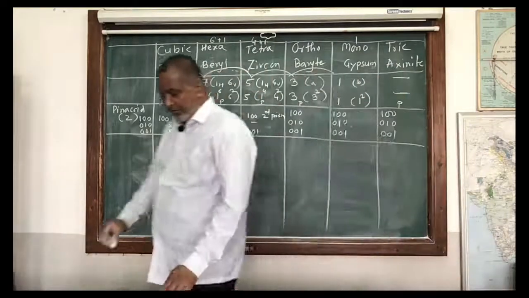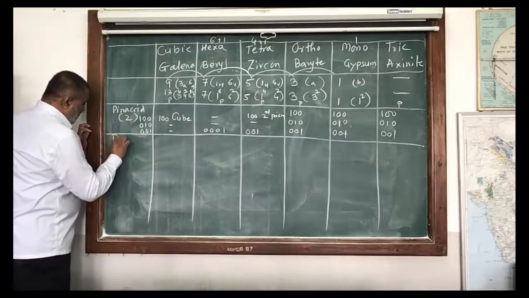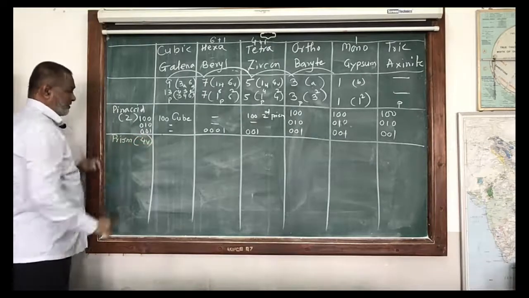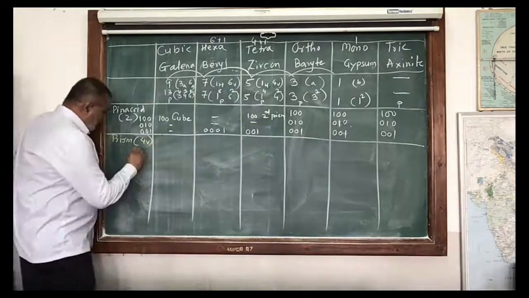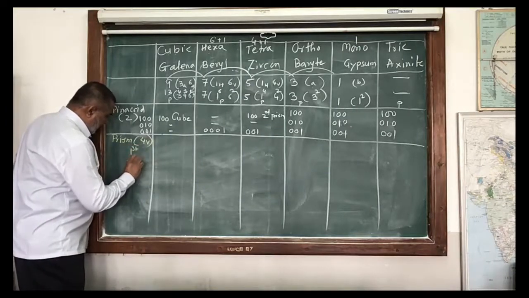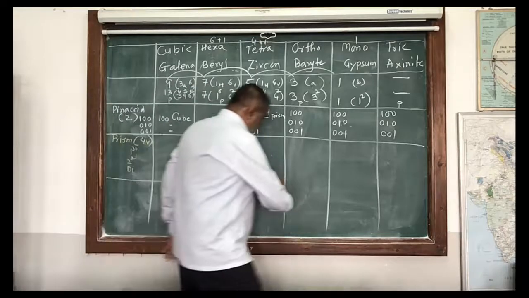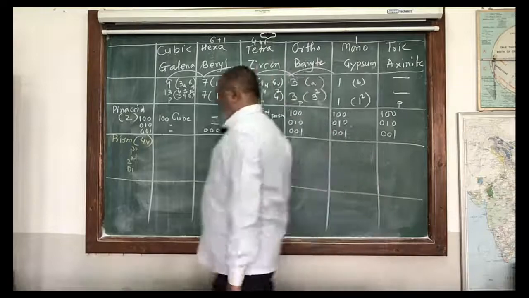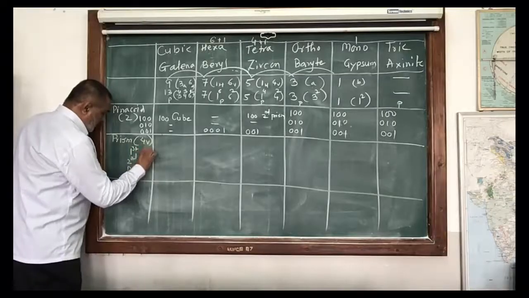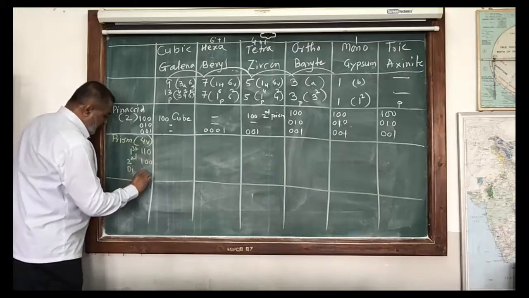Come to the next one. We'll see now. Next form is the prism. What is a prism? Four vertical faces. So in this we have the first order, we have second order, and we have diagonal. So this is there in this particular semester. In the first order we have indices 1 1 0, second order 1 0 0 and diagonal HK0.